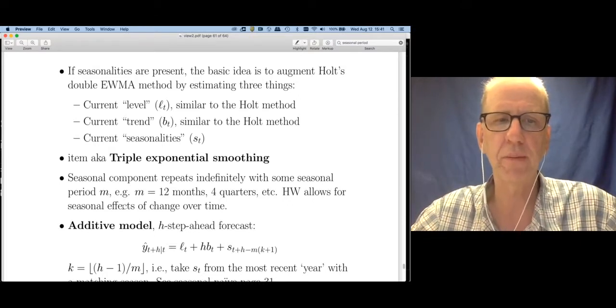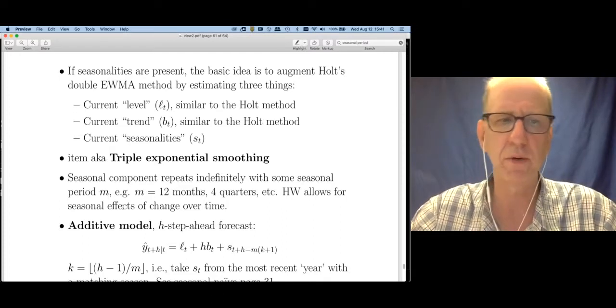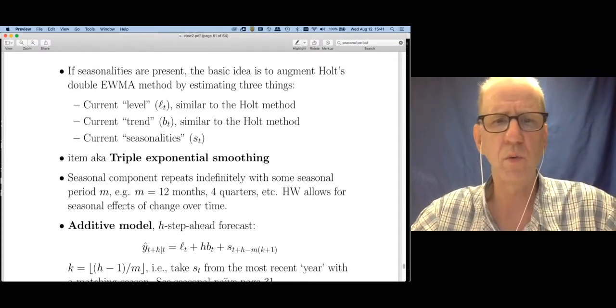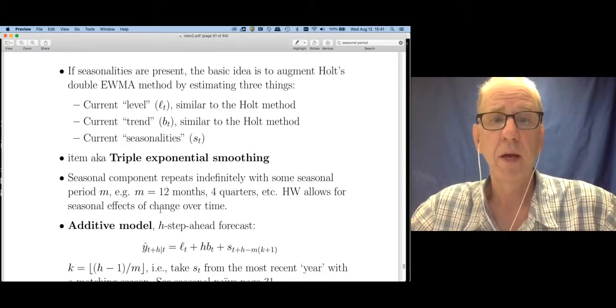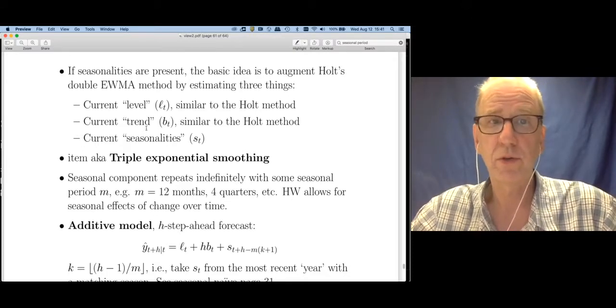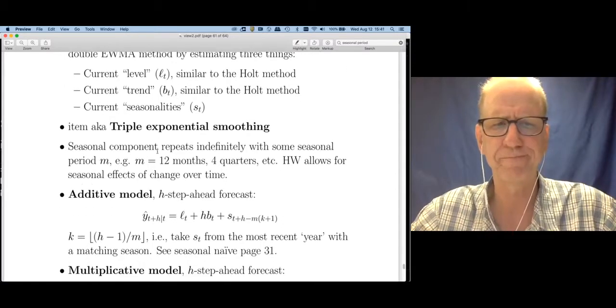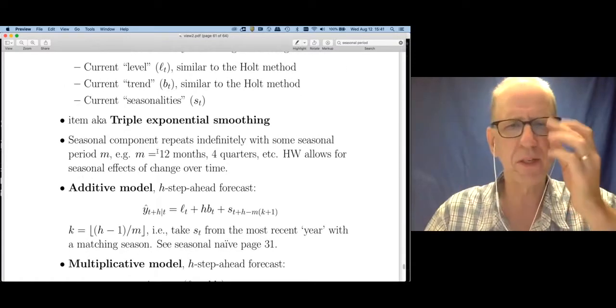After electricity came in, the demand spiked whenever we had summer with a lot of heat, and therefore a lot of demand for electricity from air conditioners. Okay, so Holt-Winters would allow us to capture that, but then the trend could also change, as well as the level function. All right, well, let's begin with the